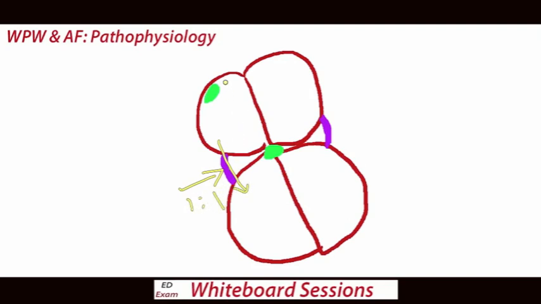In sinus rhythm, these patients' conduction goes via the AV node and the accessory pathway at the same time. The accessory pathway doesn't slow the impulses, therefore its impulses arrive first, causing the characteristic delta wave on the ECG. So the way this is manifest on the ECG is we have the P wave, PR interval, and the delta wave is caused by the impulse that has travelled through the accessory pathway arriving in the ventricles first,